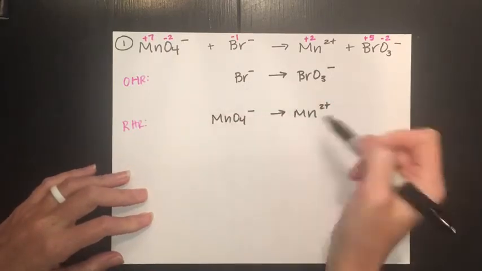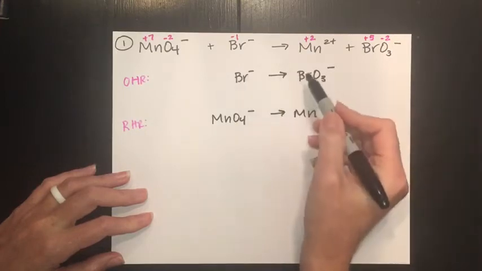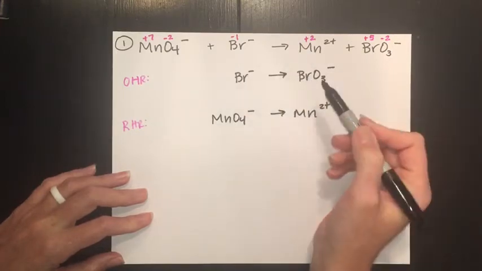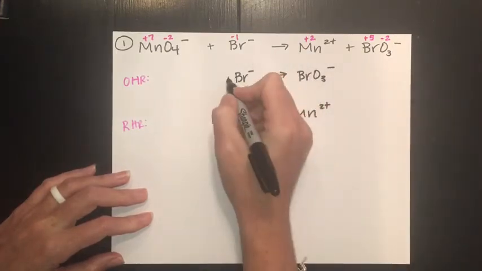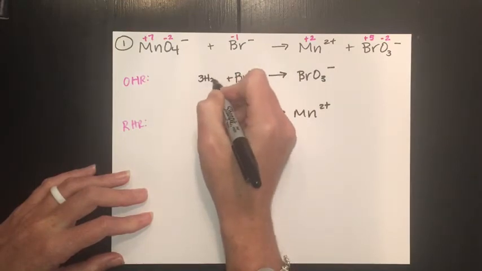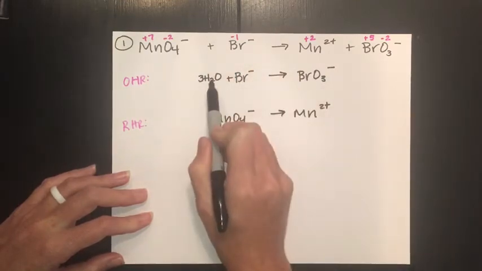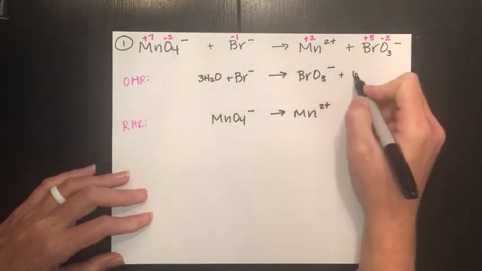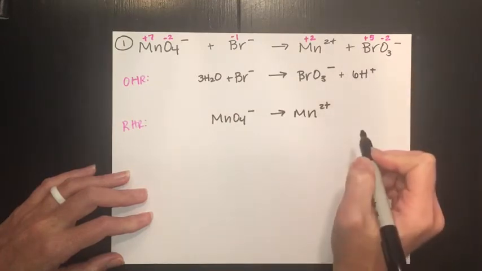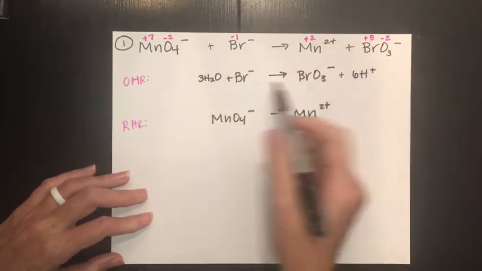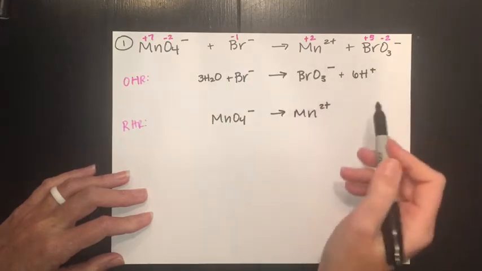Okay, so we check first to make sure all of our other elements are balanced. The bromines are balanced, and so are the manganese. So now we move on to oxygen. There are 3 oxygens here, so we need to add 3 waters on that side. That gives us 6 hydrogens, so we add 6 hydrogen ions here. And then now all of that is balanced, all my oxygens, all my hydrogens, all my bromines,